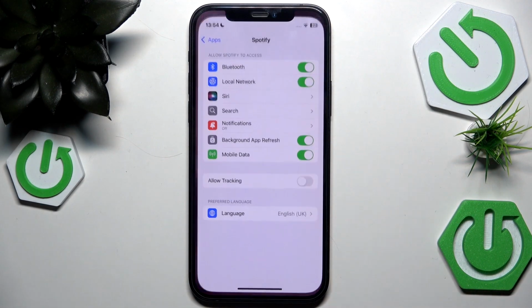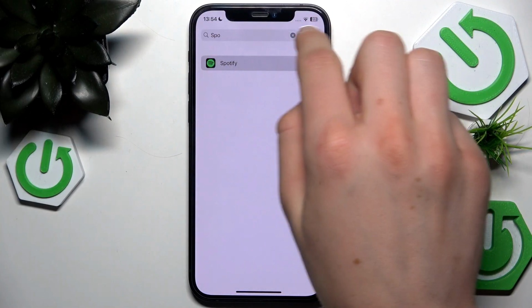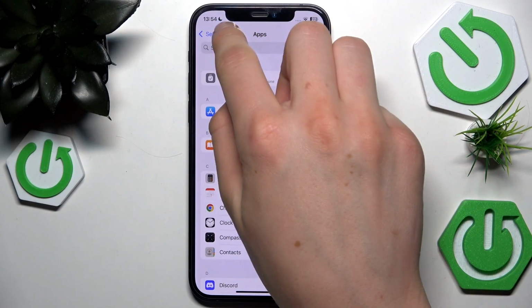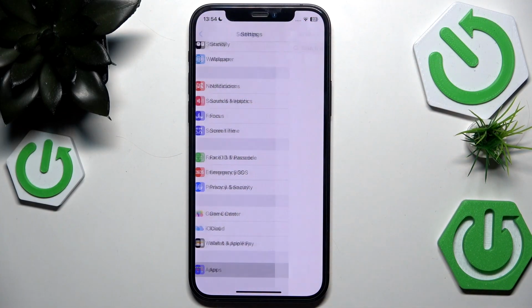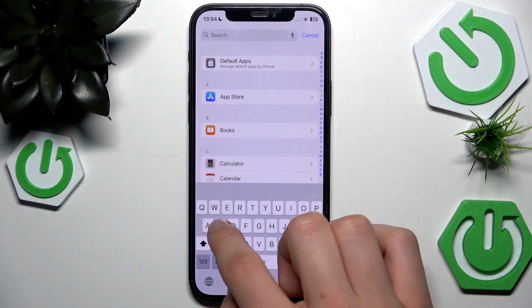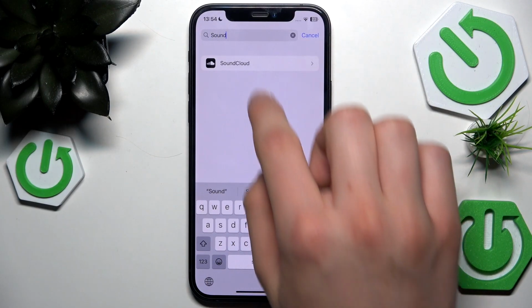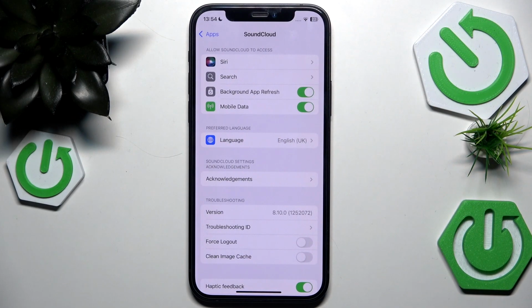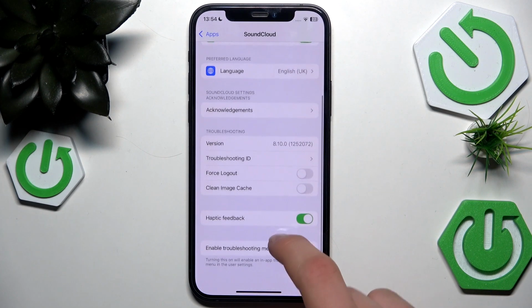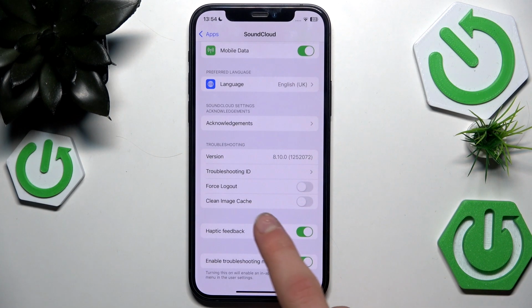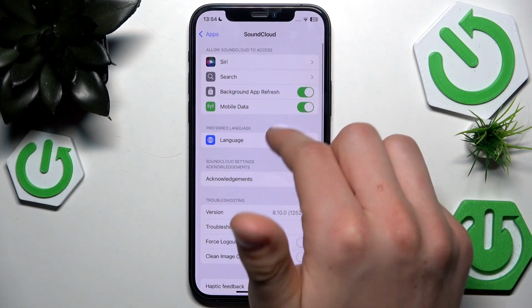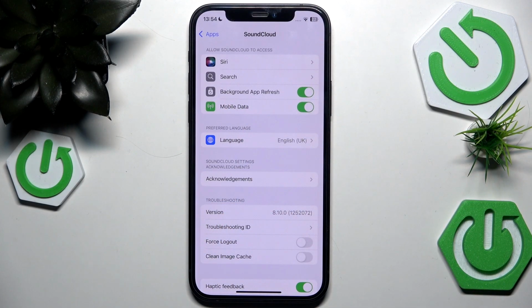maybe you need to go to the settings, go to the apps here, go to the SoundCloud, yeah, and here like haptics feedbacks, enable troubleshooting menu, language, mobile data. Maybe you don't have